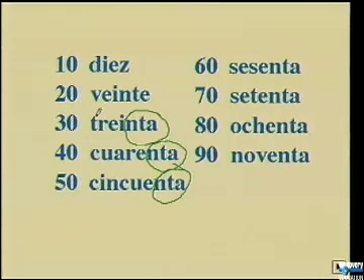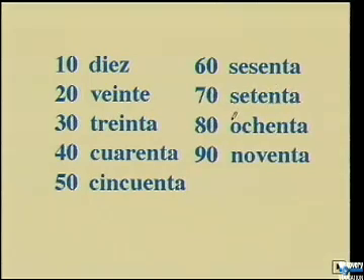So 3 becomes 30, 4, 40, 5, 50, 6, it has an S sound, 60, 7, 70, 8 becomes 80, and 9 becomes 90. And then after that, 10, 20, 30, 40, 50, 60, 70, 80, 90, and then we have